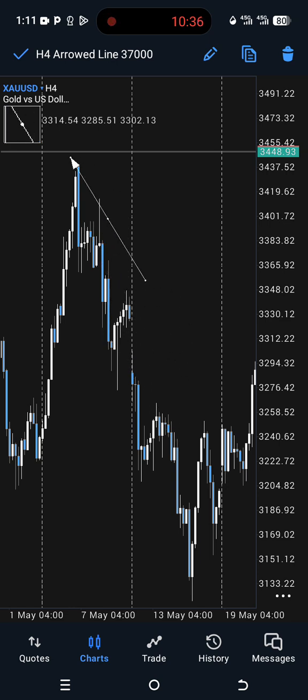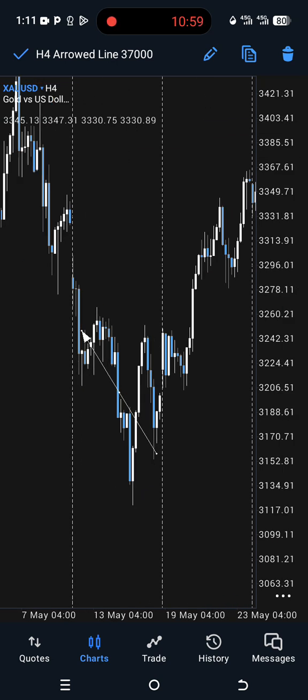So this was confirmed because we have one, two, and three here. So we expect that price will not trade above this short-term high until we get to an intermediate term low. So all short-term highs will not be traded through until we get to an intermediate term